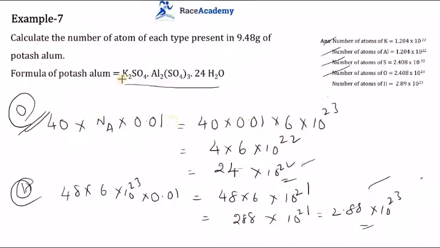In this way you can calculate the number of particular atoms in the given substance using its mass according to the mole concept. Mole can be converted into mass, mole can be converted into number of atoms, mole can be converted into number of molecules, as per this discussion. So this is our class on this calculation of number of moles, mass, and particles.